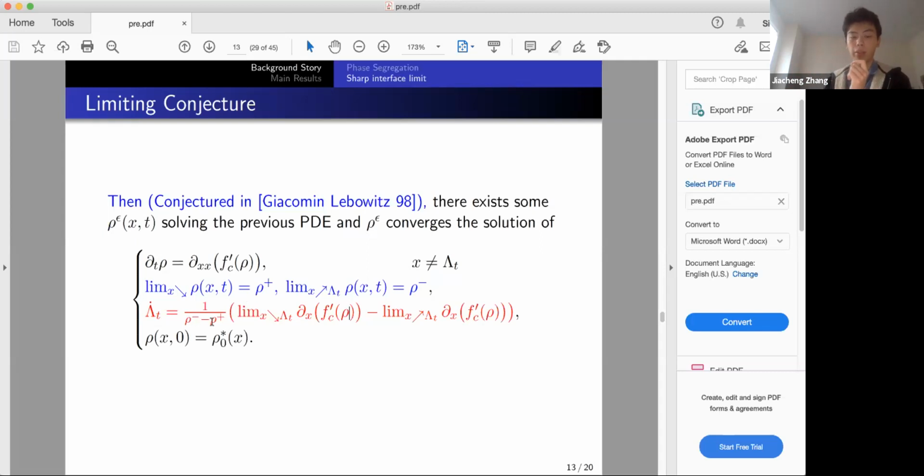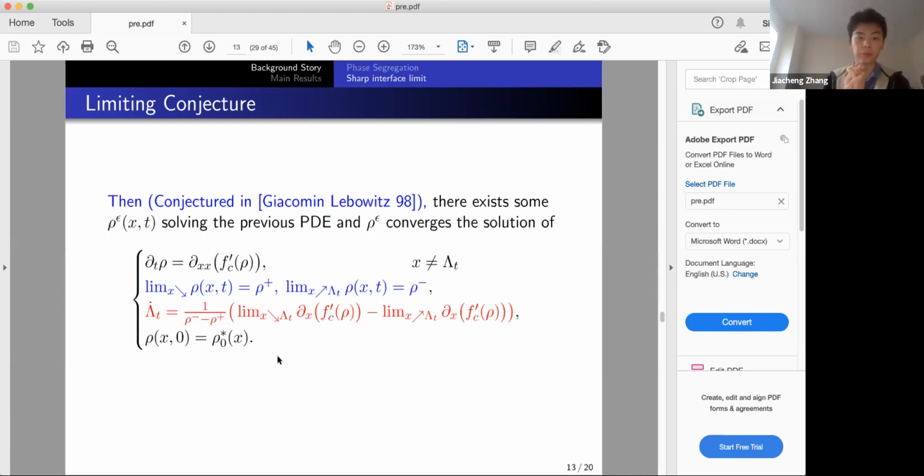And this rho minus and rho plus will somehow represent that it needs to have a jump from rho minus to rho plus. Therefore, the higher the jump is, the smaller the movement should be. So this is how we interpret the movement of this interface. And of course, the initial condition will converge to the initial condition we drew before. So this was the